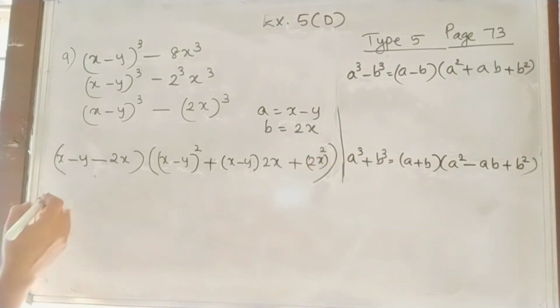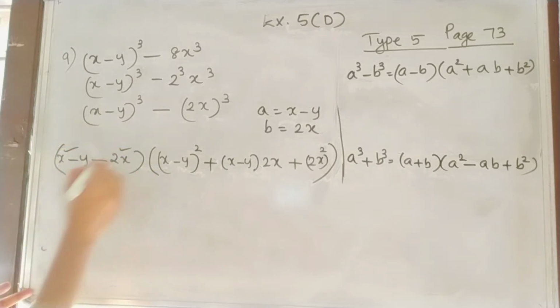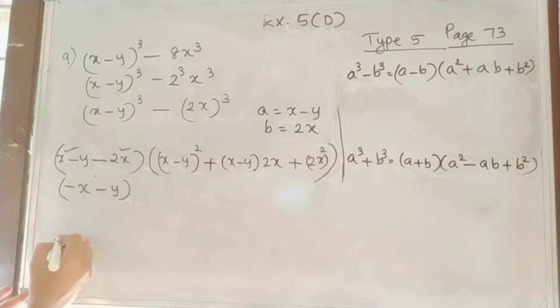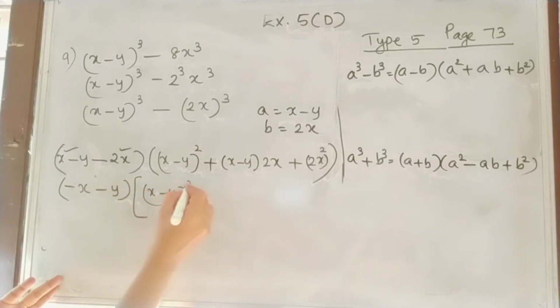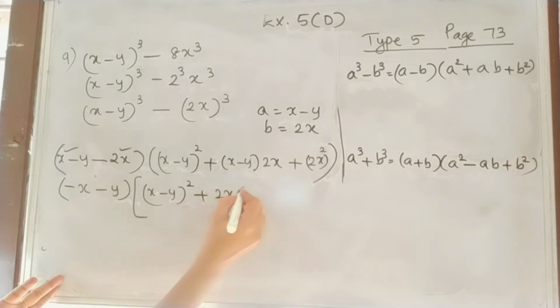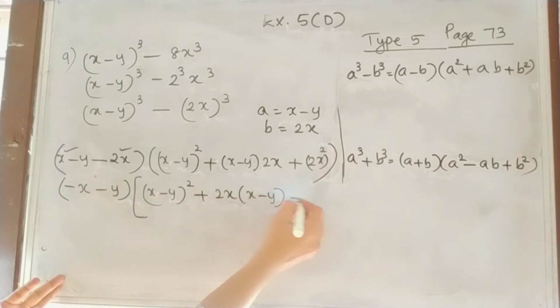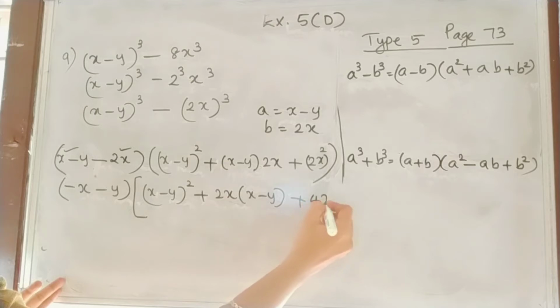So x minus 2x is what? One sign is positive, other sign is negative. Subtract and put the bigger number's sign. So minus x minus y into x minus y the whole square, plus, first we write 2x, then x minus y, then plus 2x the whole square,